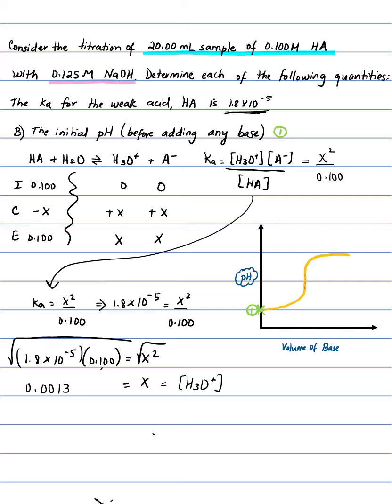You can see that at equilibrium the concentration of hydronium is X. So what you're solving here is the X value, which is 0.0013 or 1.3 times 10 to the minus 3. That X value is the concentration of hydronium. So you can actually calculate the pH because you already have what you need to get the pH value. Minus log of H3O+